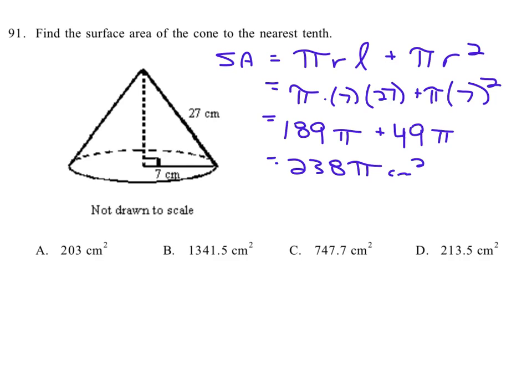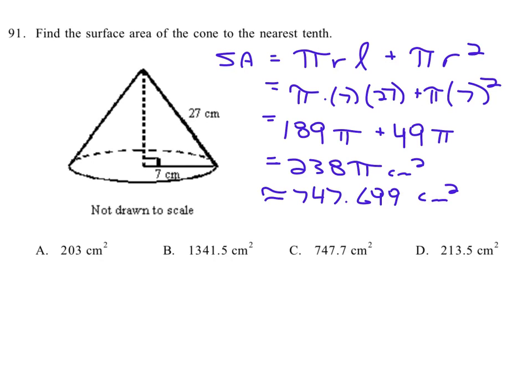centimeters squared. But they want it to the nearest tenth. They don't want it in terms of pi. And so that means that we need to take 238 and we need to multiply that by pi. And what we get is approximately 747.699